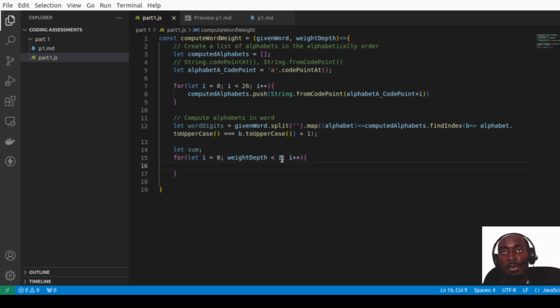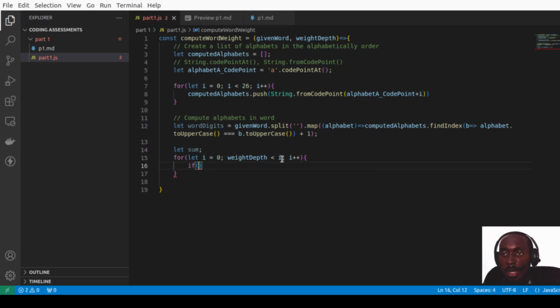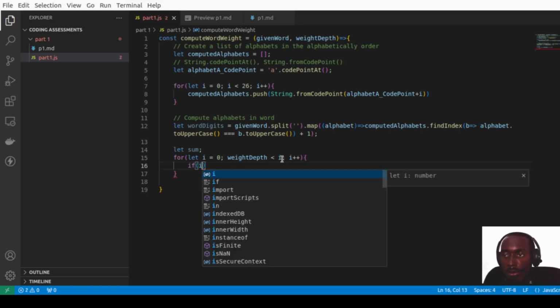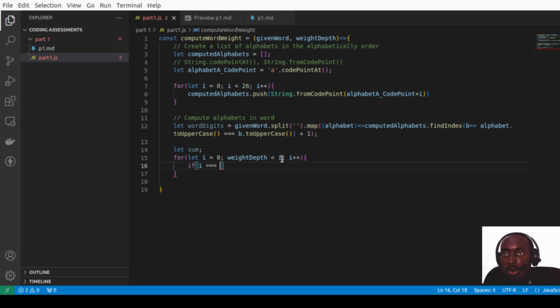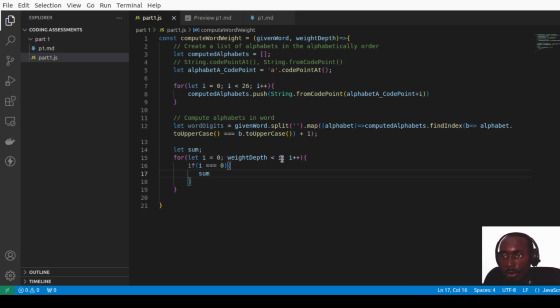And in this, we say if i is equivalent to 0, that means for the first time. In other times, we don't have the value of sum. So what we want to do is assign a value to it. Sum equal to